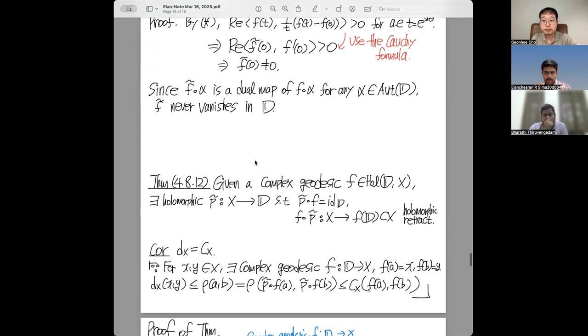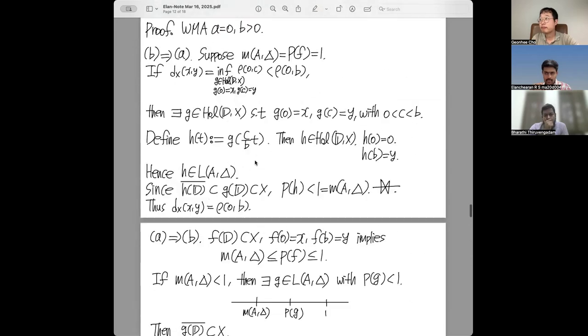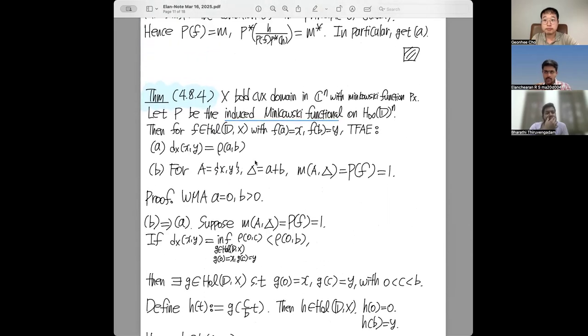In a sense, if I understand correctly, the symmetrized bidisk is an example which is not exhausted by the convex domains. Right. Now, however, in the symmetrized bidisk, not in the higher ones, we know that the Kobayashi and Carathéodory theory coincides. So the point is, can we generalize some of the arguments to fit the symmetrized bidisk, which can eventually exhaust a larger class outside the convex domains, whatever you're handling here?